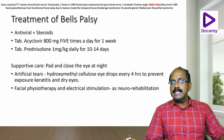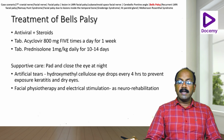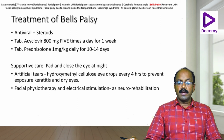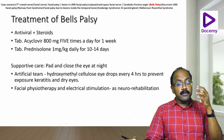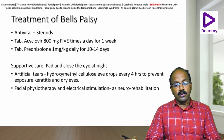So how do you treat a case of Bell's palsy? You start them on acyclovir, 800 mg 5 times a day for 1 week. And you also give steroids for around 2 weeks at a dose of 1 mg per kilogram per day of prednisolone. So prednisolone and acyclovir,